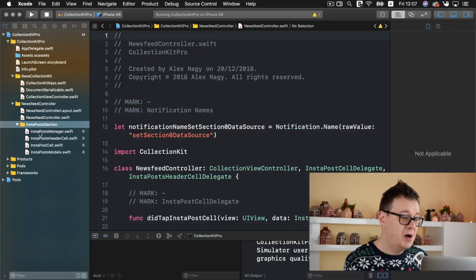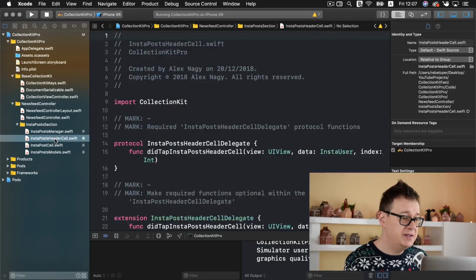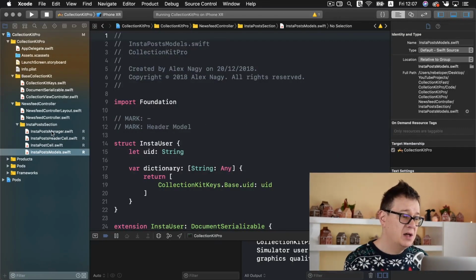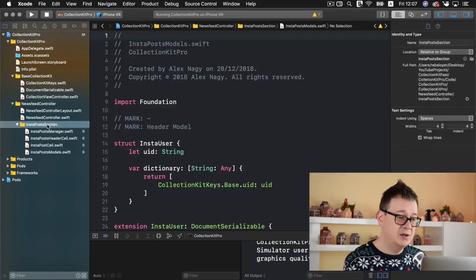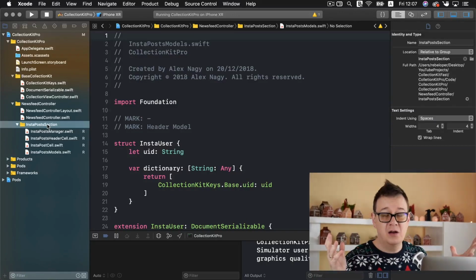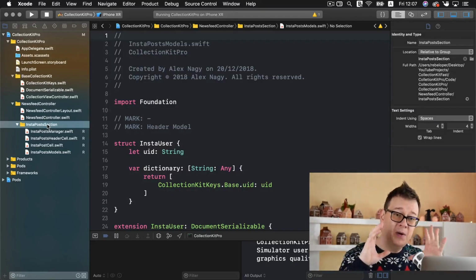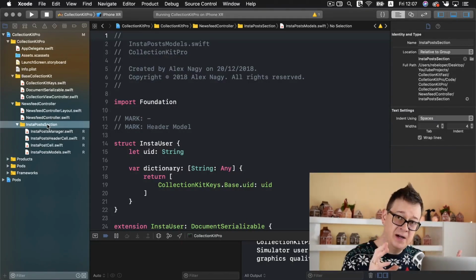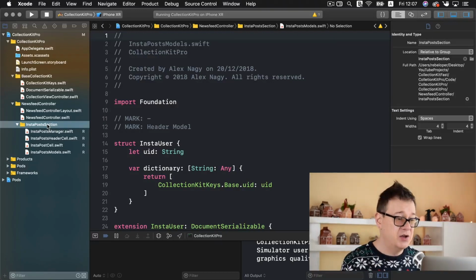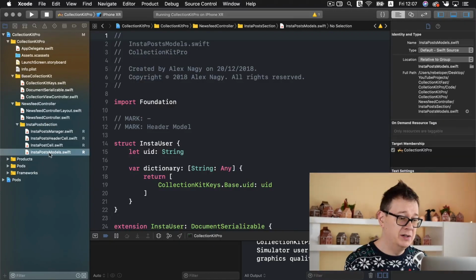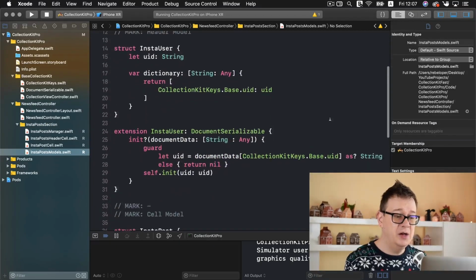And here we have our manager, our cell, header cell, and models. So before we dive into the controller, let's understand this section, because of course in a controller you can have multiple sections with multiple providers, and that is the awesome stuff of CollectionKit, that you can have multiple sections in your collection view controller. Now let's take a look first at the models, because we have 2 models, InstaUser